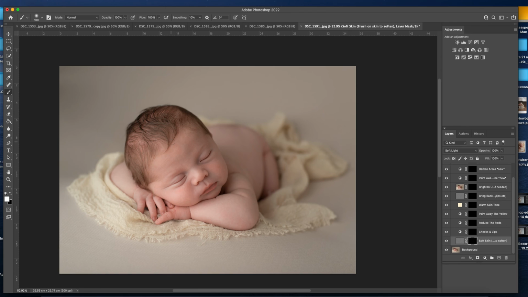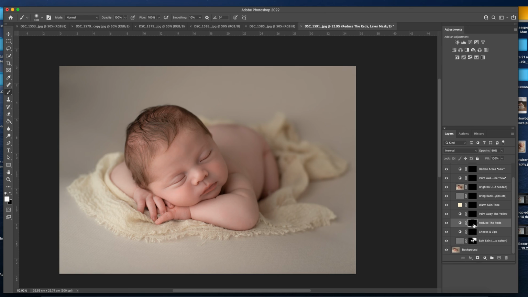White selected, and then I'm just going to go over the baby skin, down the sides here, over the cheeks, under the nostrils, and then over the baby's arm. And you can just go over the back here. Right,